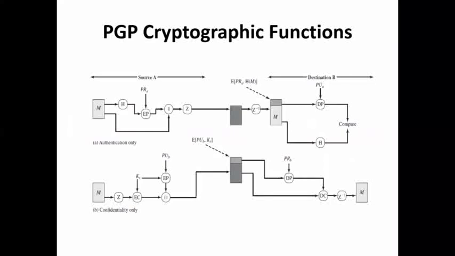First concept is authentication. First, the message, that is the plain text, is passed to H. What is H? H is the hash function. What does H do? It generates the hash code. First, the original message is passed to the hash function, and it generates the hash code. This hash code is then provided as input to the encryption algorithm.